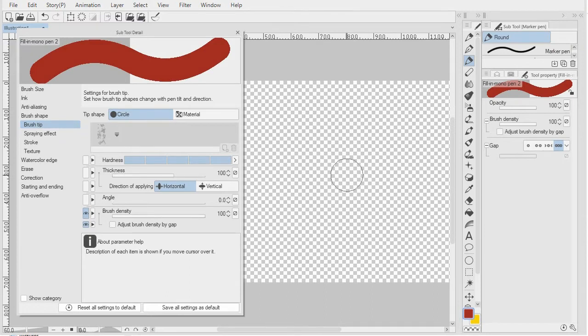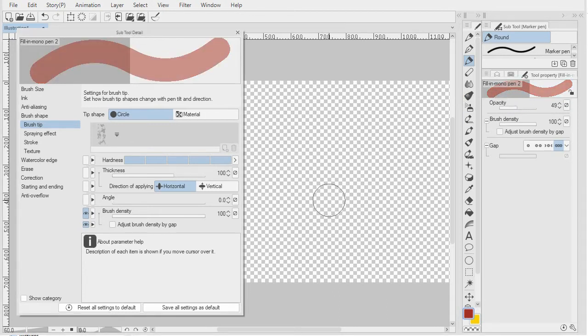Okay, so let's try to understand things. Right now I've turned off the gap, basically set it to very narrow. I've also set the brush density all the way up to 100 and turned off pen pressure. And so I want to focus first on opacity. Notice that right now it's set to 100 with no pen pressure, and we see that the stroke is a solid, smooth stroke. So as we think about opacity, opacity is considered the amount of paint that's laid down in